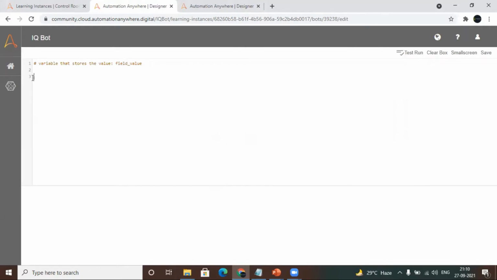Before running this, the value which we are passing to the Python script is held in a variable called field value. If I do a print here, print field value, we can see it is giving the output as complete data, where I have extra information also available.